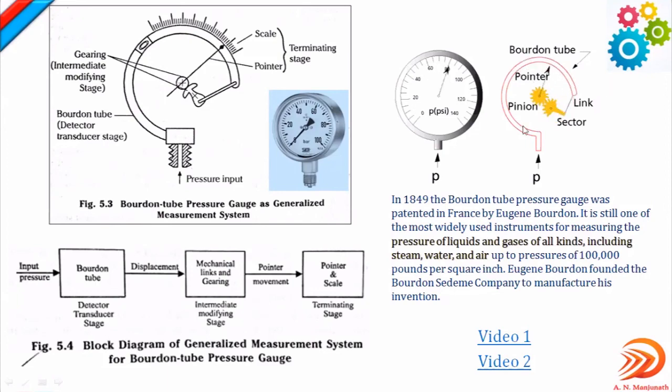Because of this displacement of the tube, what will happen to the link and the gear mechanism? They will move. Because of this, the pointer attached to it will also move. Finally, you can get the reading for the amount of input signal on the dial. It is a mechanical instrument. The example being shown is a mechanical